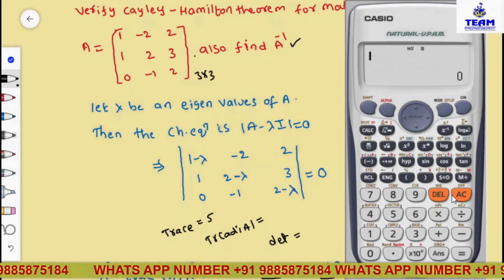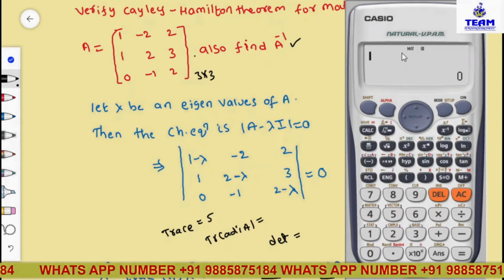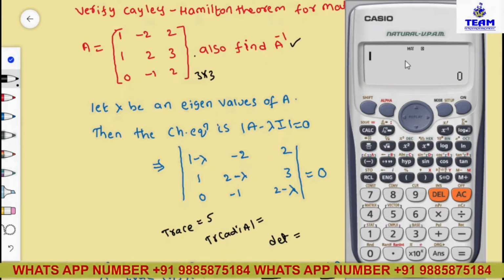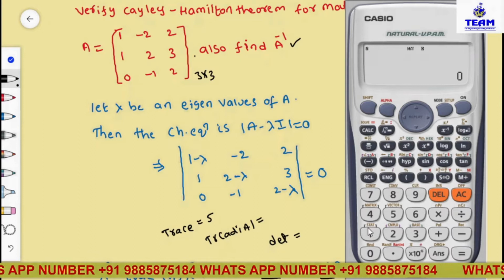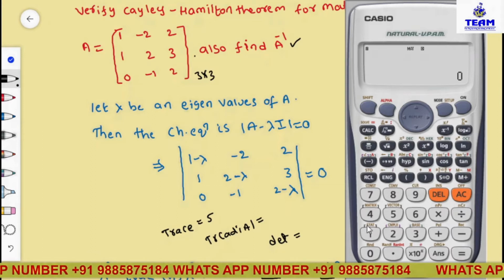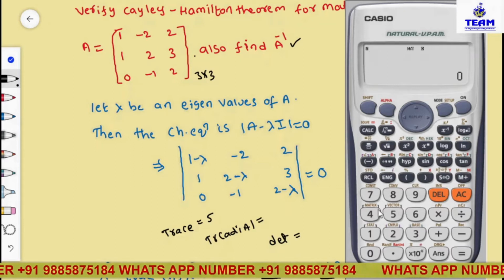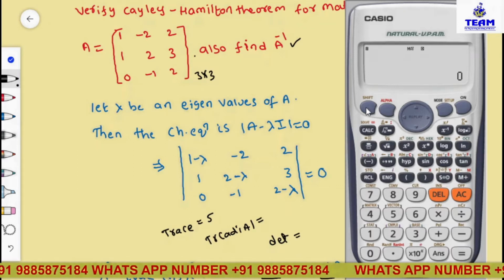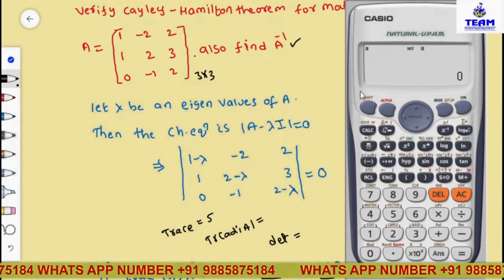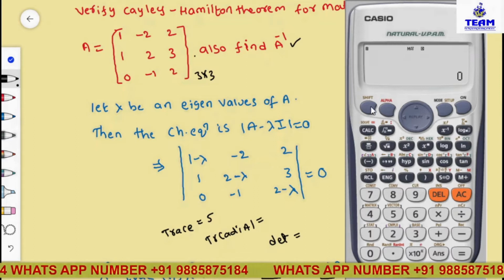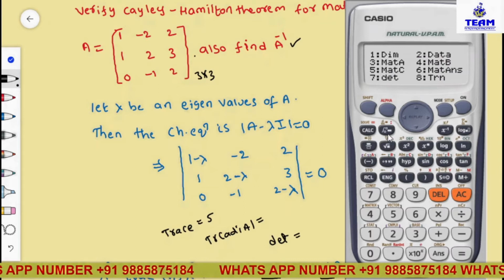Now press AC, friends. You see here you have the matrix indicator, so we are in matrix mode. Now if you want to calculate anything in this mode, press shift, and you see here: this is complex, this is base, this is matrix, this is vector. What we require actually is matrices. So first you have to press shift. Don't press both at a time. Only when you press the shift button will you get the option. So now you press 4. Now we are in matrix mode.